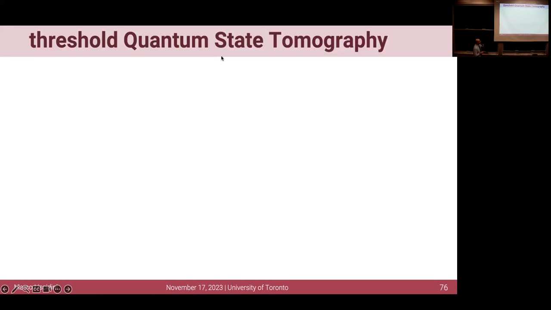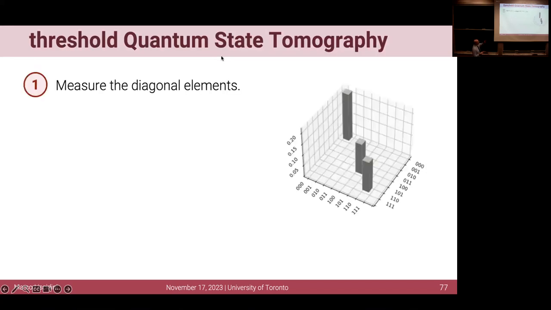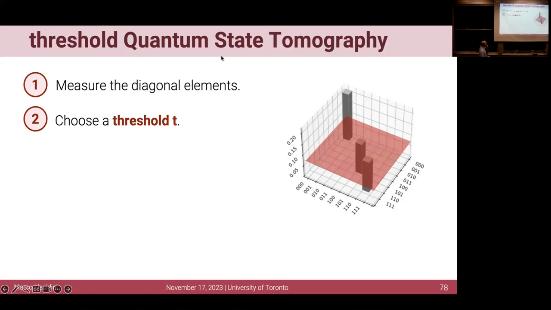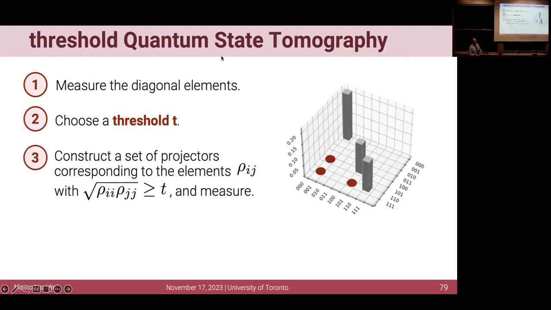Okay, and here is the idea of threshold quantum state tomography. So the idea is that, okay, first, let's measure on the computational basis. And I will get the diagonal elements, okay? Now, instead of doing all the other measurements, I'm gonna define a threshold, and I am gonna check which off-diagonal elements have modulus above that threshold, okay? And then I will construct a set of projectors that are targeted to those elements, okay? We developed an algorithm to do that in a systematic way, and it can be done, okay? So